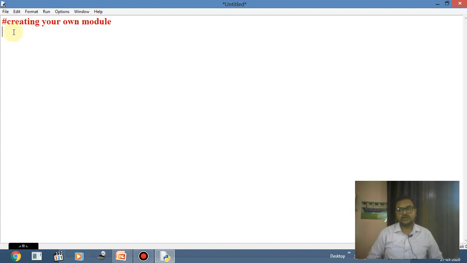First of all, students, we'll take one example, and the example is finding the volume of a cube. Clear? So here I'm going to define my own module, and that will work similarly when I create my module somewhere else. First of all I'm going to define one function. The function name is volume underscore cube, and here I'm going to define a variable as an argument, and that variable name is side.